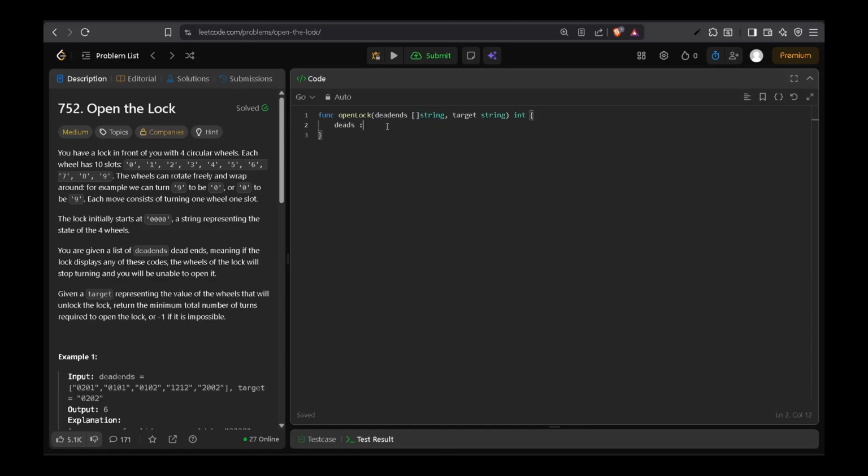It's called deads, a map of string to bool, right? Now we'll iterate over the dead ends and add those dead ends into the deads map,